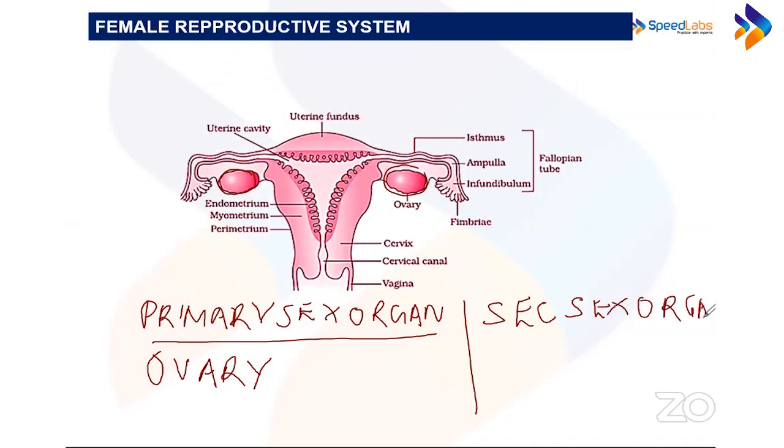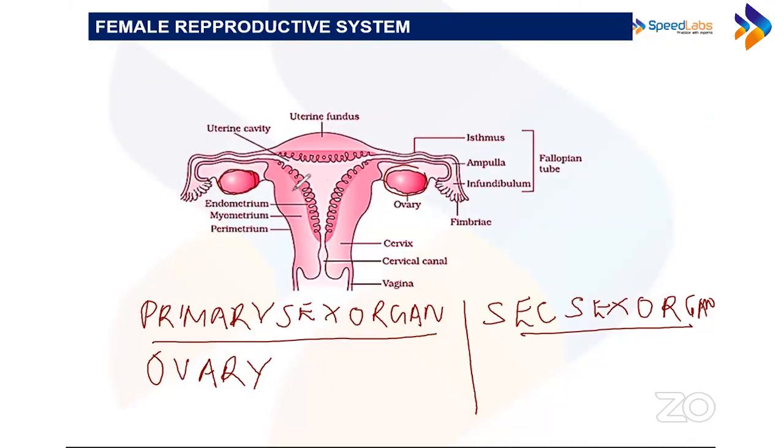as I told you, let us just mark from the diagram. So ovary, you've seen, you know where the ovaries are in the abdomen region. Again, I'm going to tell you about their location and everything. ठीक है, so ovary समझ में आ गया. See, look, these roundish structures, they are ovaries, a pair of ovaries on both the sides, right ovary, left ovary. ठीक है, an ovary is called primary sex organ.